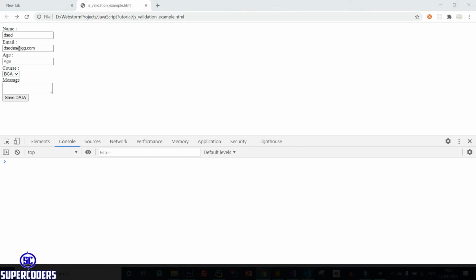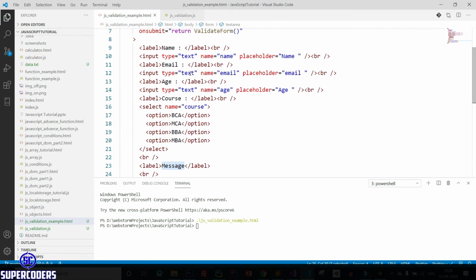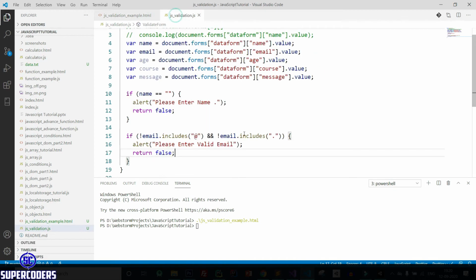Also there is another way for HTML, like if you want to use email input, change this to input type email. So there is also another way, but if you try to use JavaScript, you can use like this.